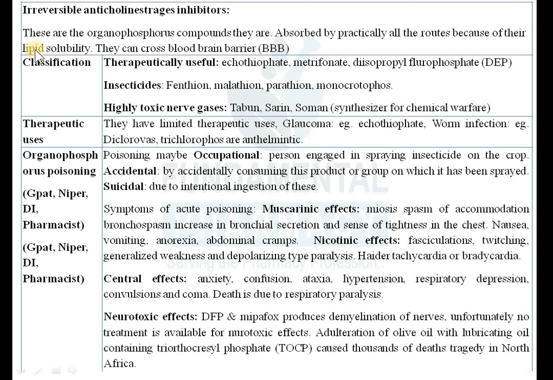What are the symptoms of this irreversible anticholinesterase? So you know that we have seen in the morning lecture. So anticholinesterase means what? They are doing one thing. They are increasing the acetylcholine level at the neurons. Okay, means whatever actions of acetylcholine are there, these kinds of actions will be the symptoms and signs of poisoning of irreversible anticholinesterase. जो भी एसिटिलकोलिन का एक्शंस है उसी टाइप के एक्शंस मिलेंगे।